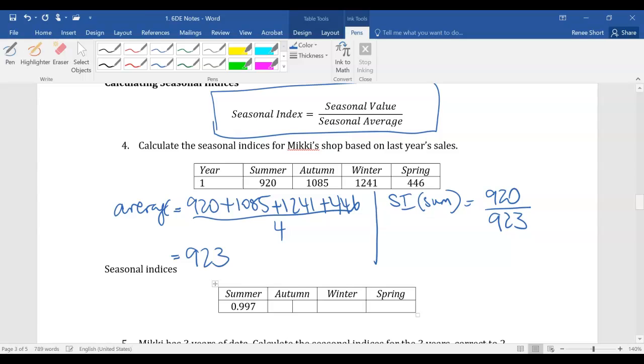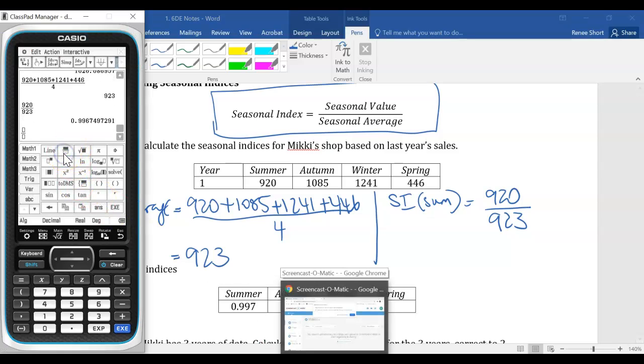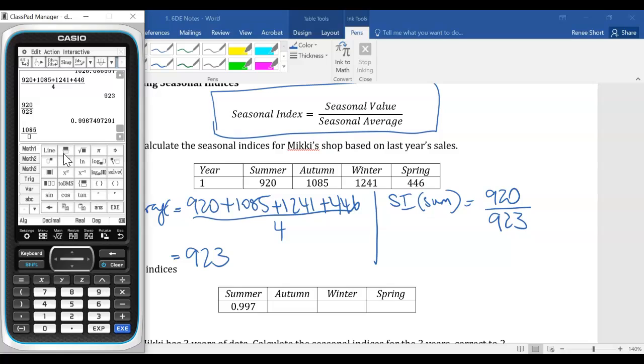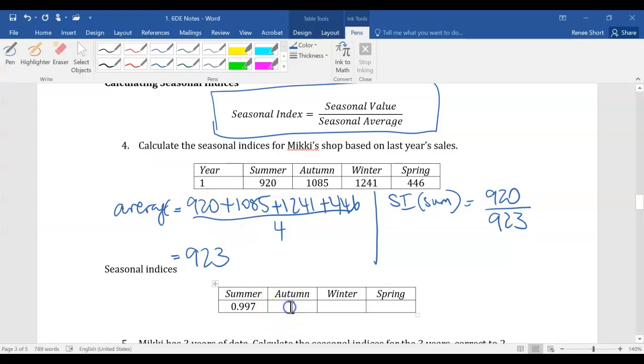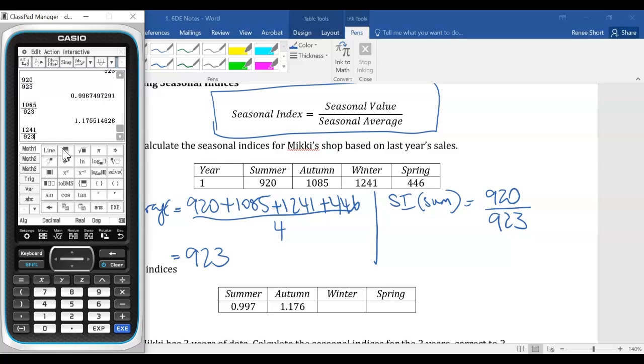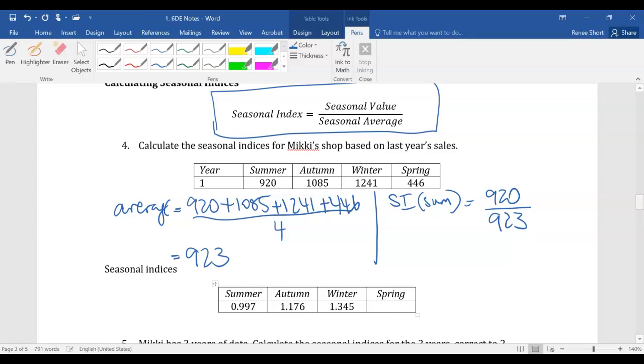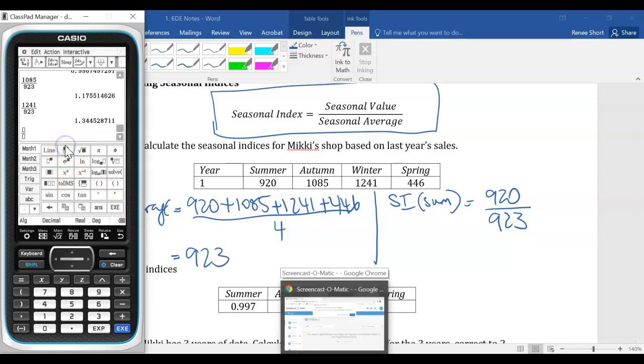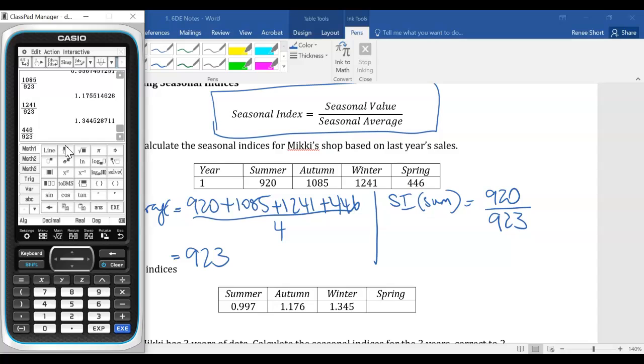So in this little table that I've got down here, I'm going to type in 0.997. If I did the same thing for autumn now, I'll set up that fraction. I need to take 1085, which were my autumn sales, and divide that by the average then for the whole year. So divide that by 923. And so for autumn, to 3 decimal places, I would get 1.176 being my index in here. Again, same process for winter, 1241 divided by 923, and I get 1.345. And lastly, spring, 446 over 923, and I get